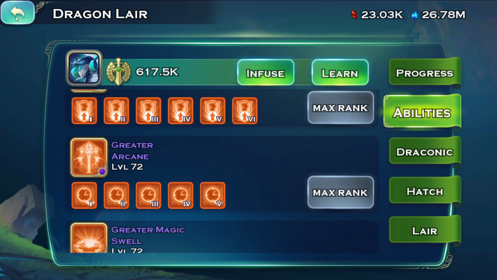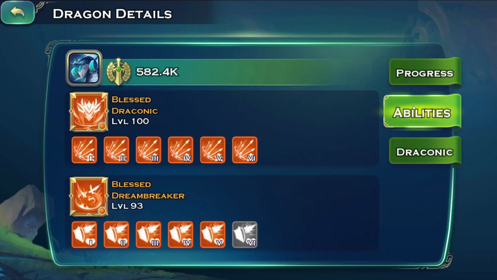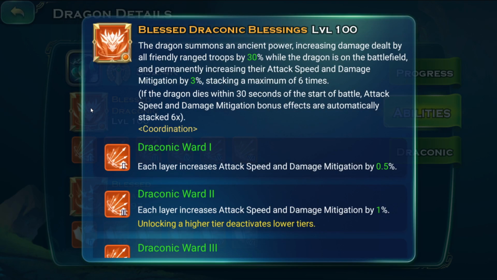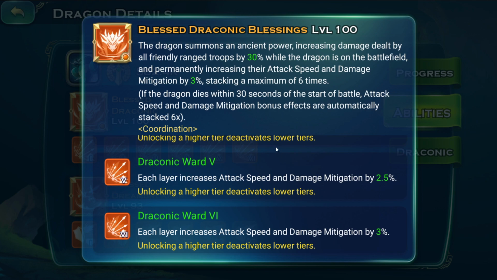There are other two skills. Let me find it so I can comment about them. So, the other two skills, one of them is the Draconic Blessing, which increases the damage dealt by ranger troops by 30%, and their attack speed and damage mitigation by 3%, stacking 6 times at the max level. So, this is pretty much increasing your archers' damage, which in this game depends really on what time in the server or realm you are, how much you have spent, or how much you invested into particular stuff. So, in some cases,